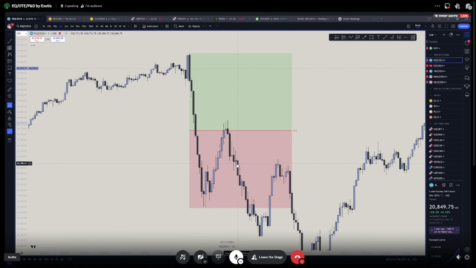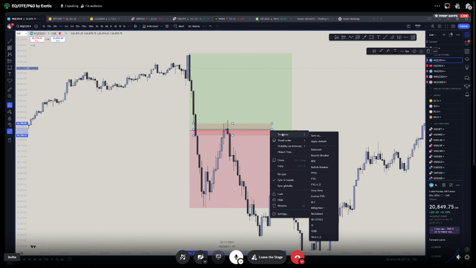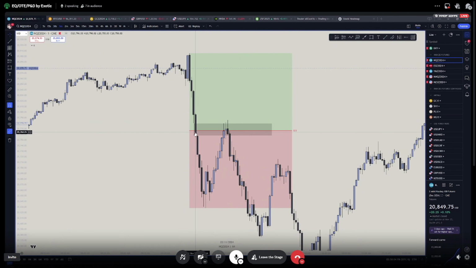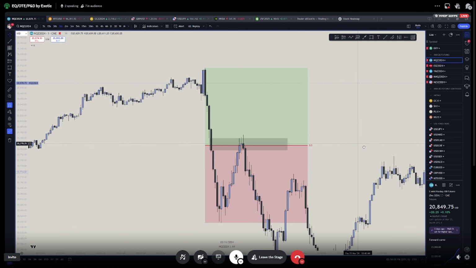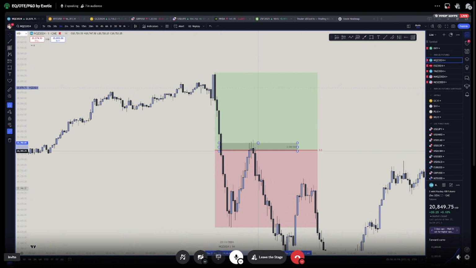And what did I say again before? When we want to be shorting, we want to be shorting in premium. So now you have this premium PD array. Now there's a little bit of a problem here where the premium PD array is half in the discount, half in the premium. In that case, you want to just narrow it down to the portion that is in premium here, and you can draw your midpoint from right there,